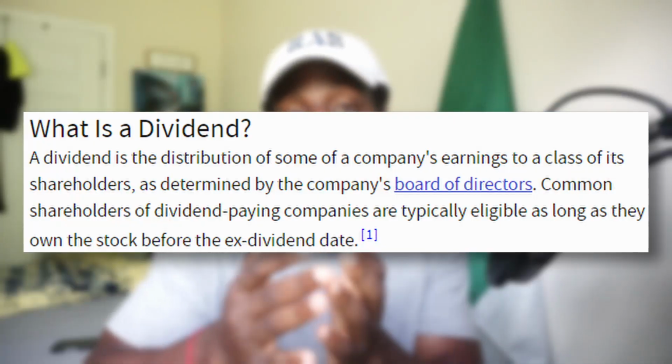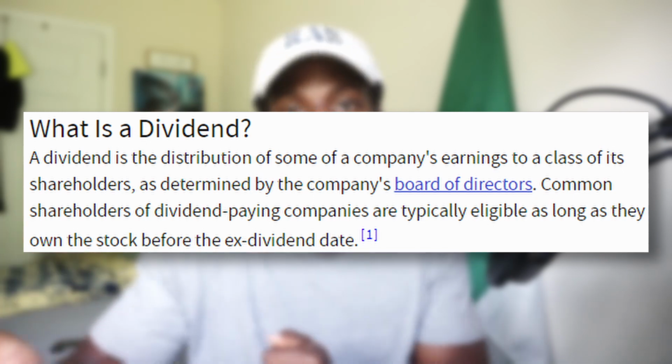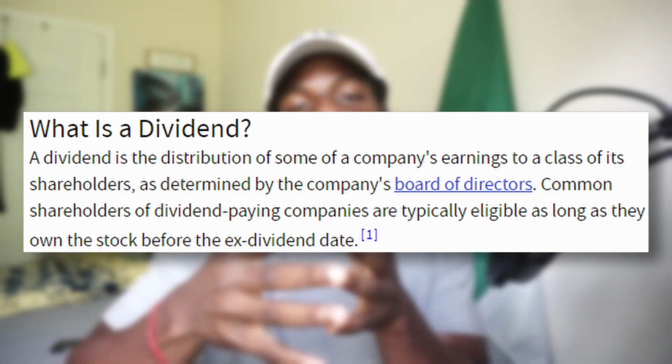Dividends are a payment by a company made out to its shareholders. This is the profit payment that companies will pay out to their shareholders. Because remember, when you become a shareholder in a company, you become an owner of that company. So dividends are paid out to shareholders, even within index funds. Remember, index funds are just a collection of companies. And so when they get paid dividends, they have to distribute those dividends to you, the owners of the index